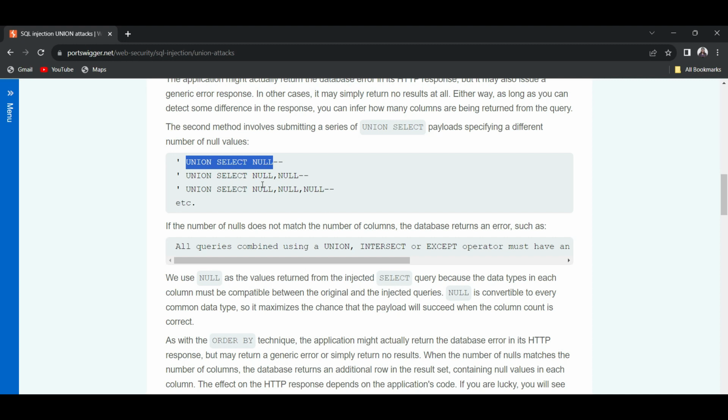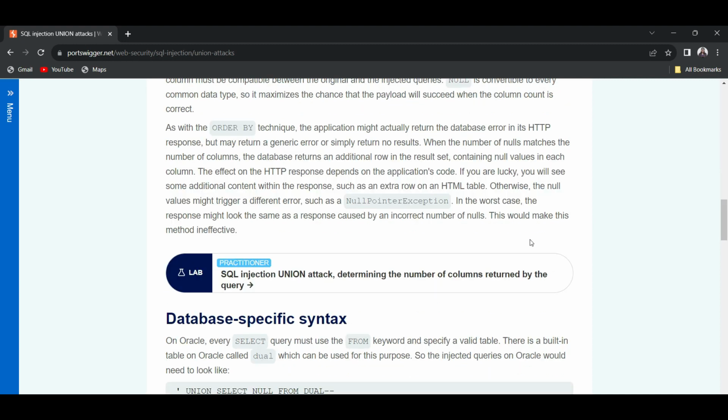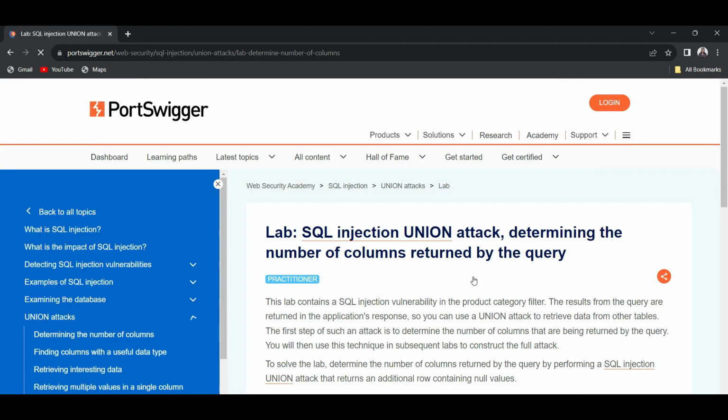So let's see. Guys, this is the lab: SQL injection UNION attack, determining the number of columns returned by the query. Let me access this lab. Let me check the proxy.